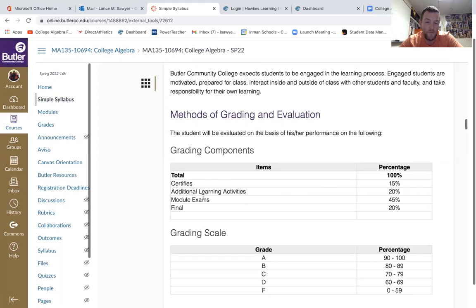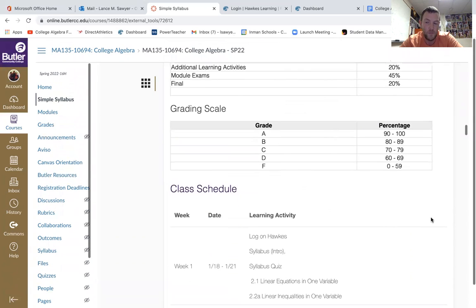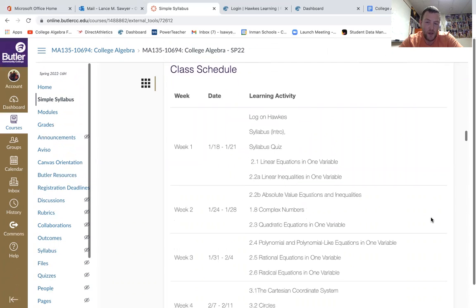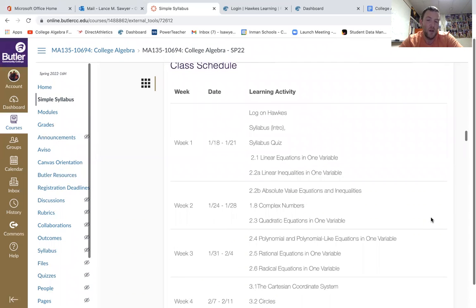Module exams, you'll have 3, each worth 15% of your final grade. So 45% total, and then you'll have 1 final worth 20% of your final grade. Grading scale, again, 90, 80, 70, 60. And then schedule. Week 1, what we want to accomplish this week through the 21st of January,